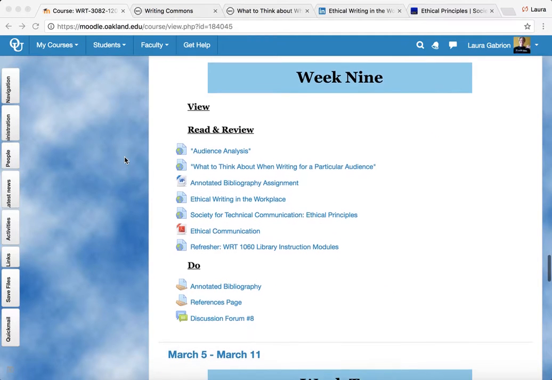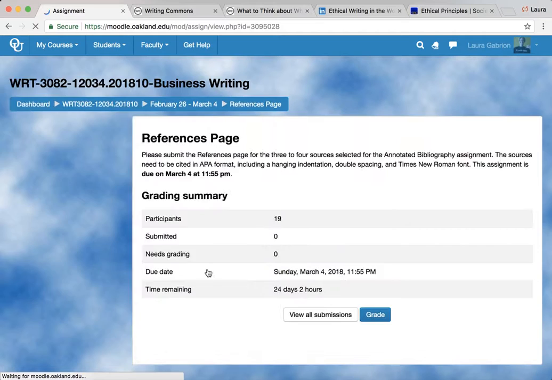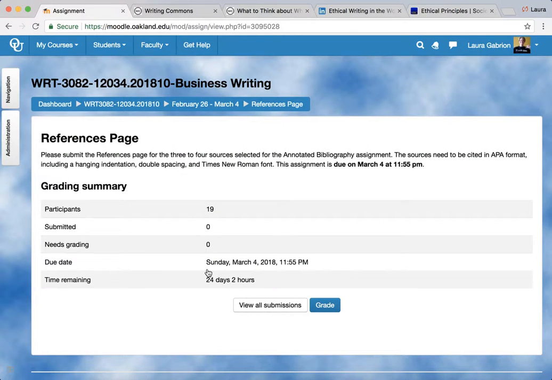Now, separately, I want you to turn in a references page. That references page will simply be in APA format, starting with the word References, and it should have those three sources alphabetical, double spaced, using a hanging indentation. And like I said, you're welcome to use a fourth if you want me to look at the fourth source and put that onto the references page, or if you even want to, for yourself, include the details of that source by summarizing it in the same way. But you're only required in both things, the annotated bib and the references page, to have three sources.